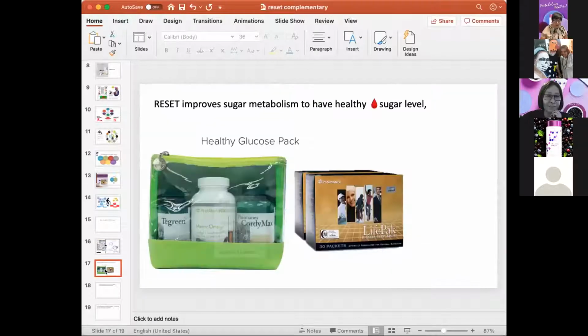The other one that many people are concerned about, and are considering Reset for, is people who have poor glucose control. Earlier on, Angel has shared that it helps us improve our sugar metabolism. It also helps to improve HbA1c. Before Reset, we had two products that we always recommend to our customers. If you have a diabetic situation or pre-diabetic concern, we will always encourage them to take LifePak,